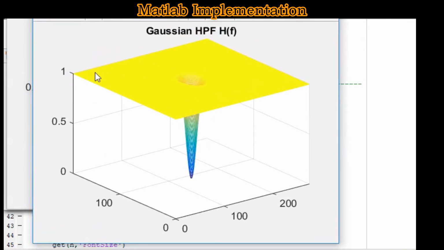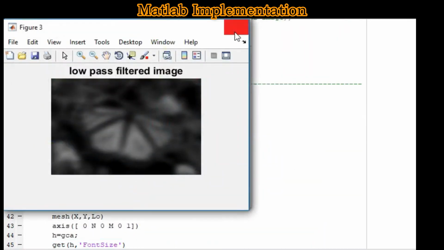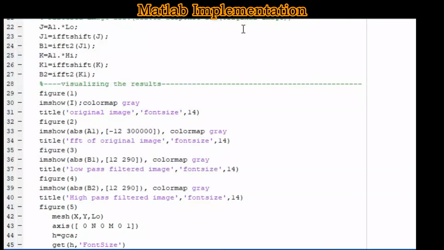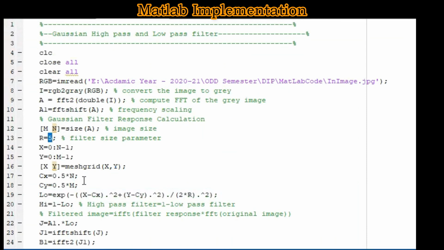Here it allows only the values above the cutoff frequency and attenuates all the low frequency values. In this example, I have specified the distance value as 5. In case you increase this value to 15,